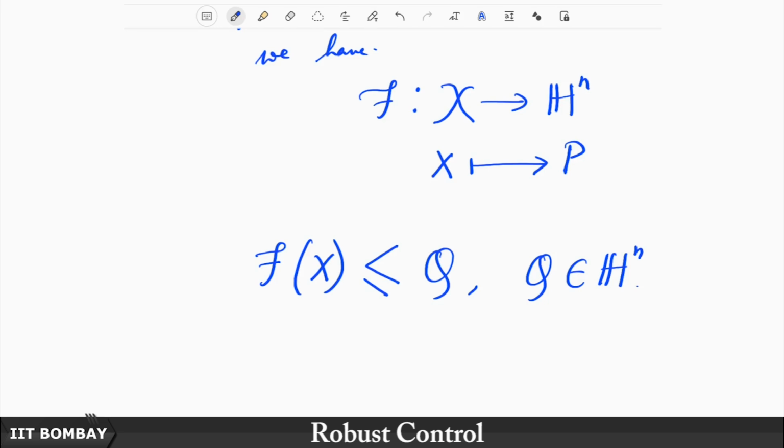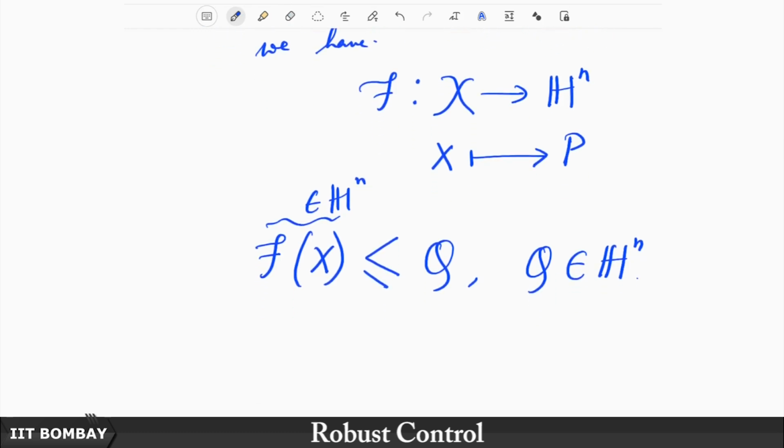And when we want to read this, we understand this as that this obviously belongs to Hermitian matrices. So, this is basically the difference of two Hermitian matrices. If you bring the Q on the other side, F of x is a Hermitian matrix, Q is a Hermitian matrix, and F of x minus Q less than or equal to the 0 matrix implies that it is a negative semi-definite matrix. The sign really is not that crucial. Anyway, the point being